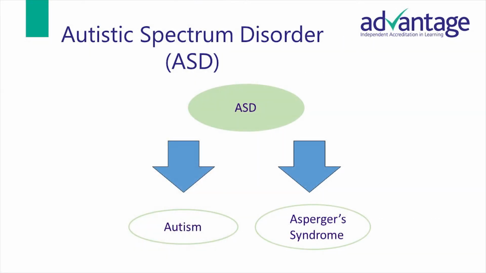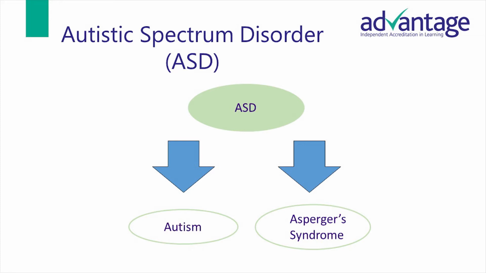The word spectrum is used because while all people with autism share three main areas of difficulty, their condition will affect them in very different ways. Some are able to live relatively everyday lives, others will require a lifetime of specialist support. Autism is a spectrum of neurodevelopmental conditions characterized by difficulties in the development of social relationships and communication skills, in the presence of unusually strong narrow interests, repetitive behavior, and difficulties in coping with unexpected change.